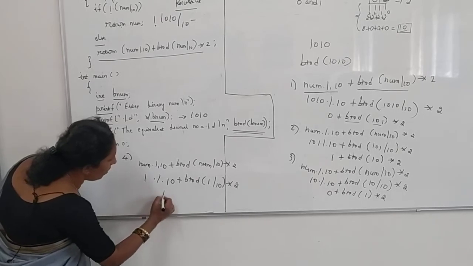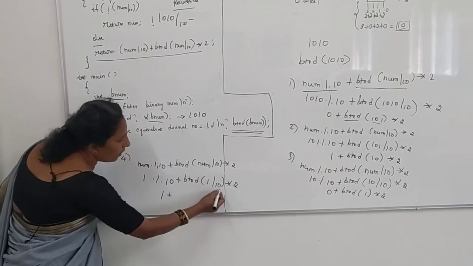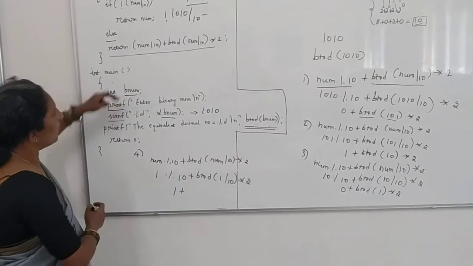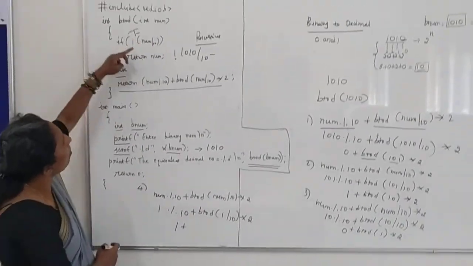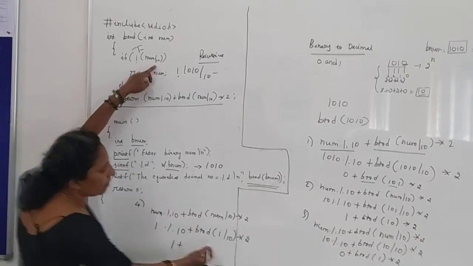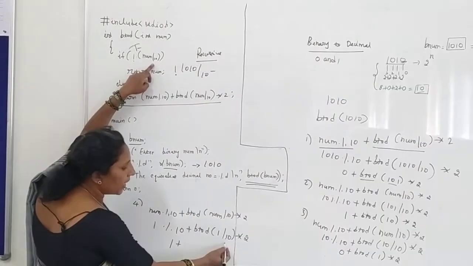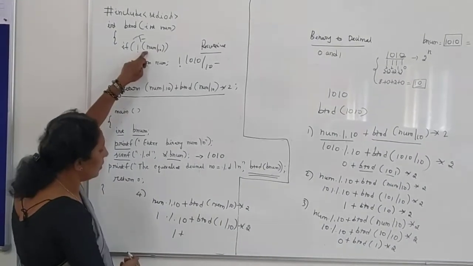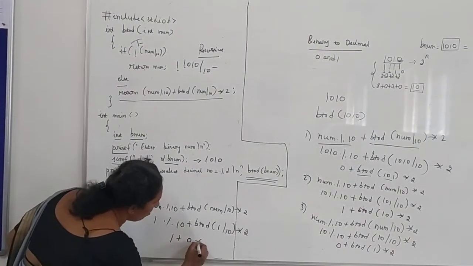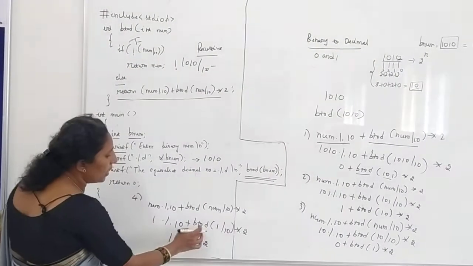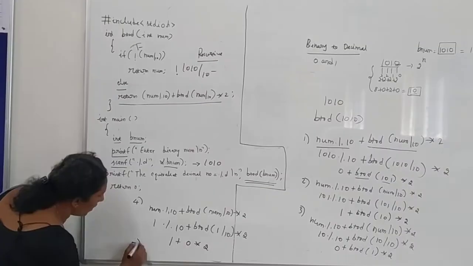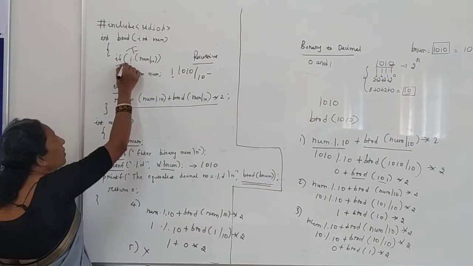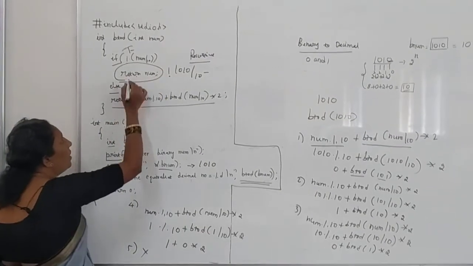1 modulus of 10, I get 1 plus binary to decimal of 1 divided by 10 multiplied by 2. So binary to decimal of 1 divided by 10 is nothing but again this will be invoked, but 1 divided by 10 will become what? You won't get any. 1 is not divided by the 10, so this condition will get the 0 multiplied by the 2. Okay, here the condition in the fifth call gets false. Once the condition gets false, the control will come here and then finally we will return.